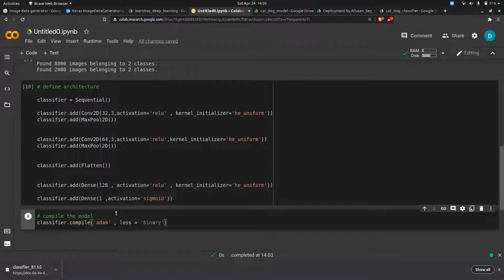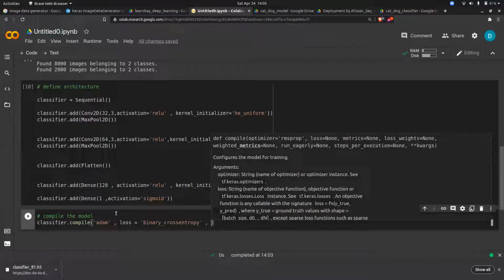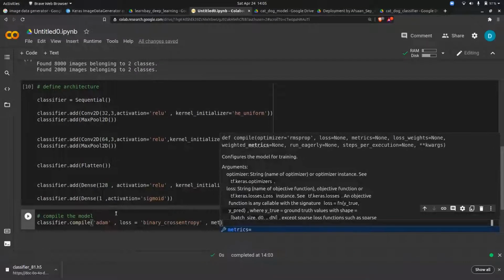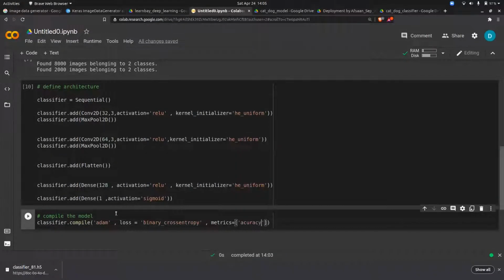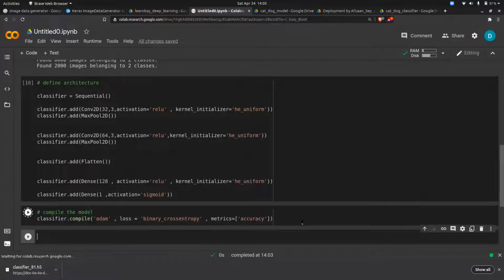Binary cross entropy loss. And what is the metric for classification that we have to use? Accuracy. So compile is Adam, binary cross entropy, and accuracy. Everyone knows this. Let's try to run this.